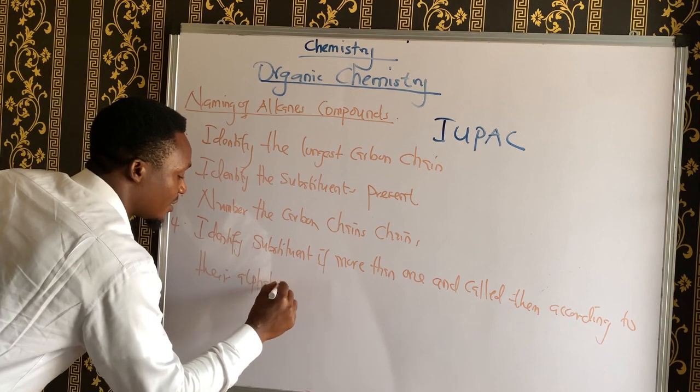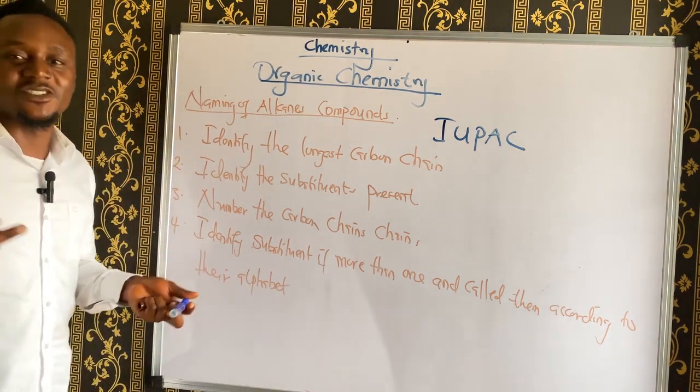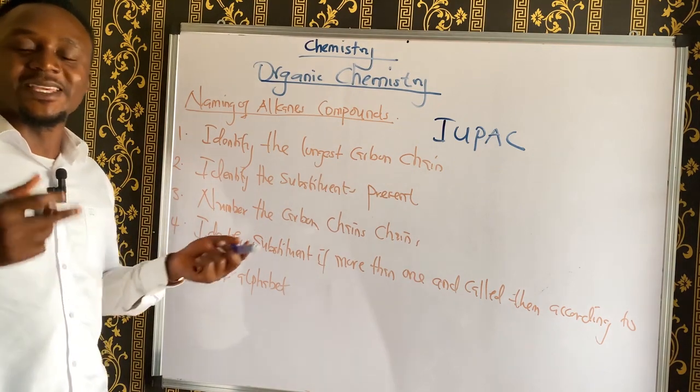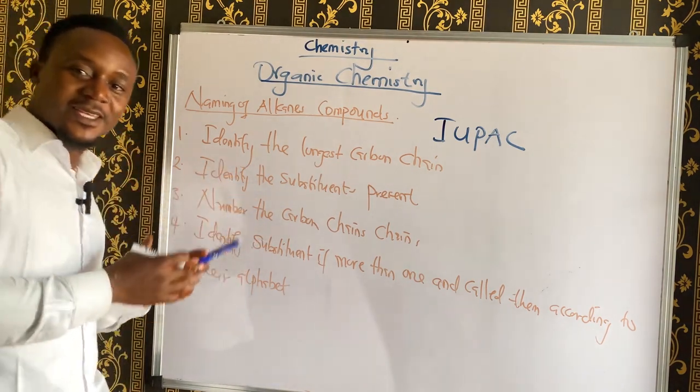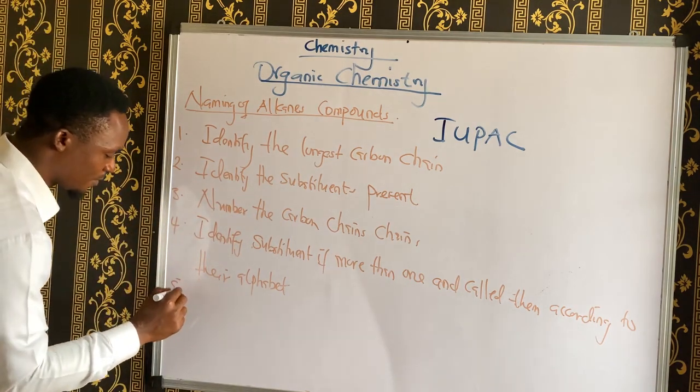According to the alphabets. With this I mean, for example, you have an ethyl substituent and a methyl substituent. You all know that E comes before M. So we identify E before we identify M. That's what we mean. Then the 5th rule: